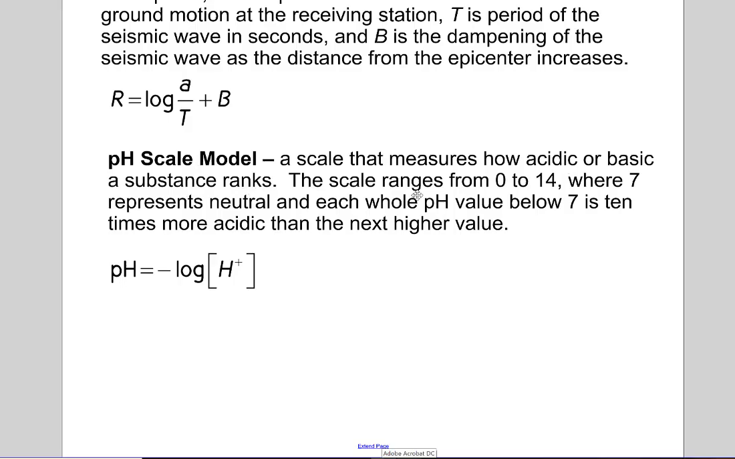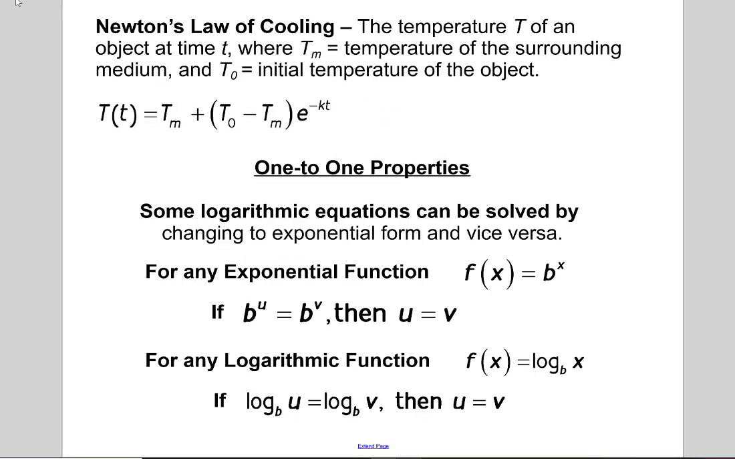substance ranks. That scale ranges from 0 to 14, where 7 represents neutral, and each whole pH value below 7 is 10 times more acidic than the next higher value. And then also Newton's law of cooling, the temperature of an object at some time t, where the temperature is the surrounding medium, and T sub 0 is the initial temperature of the object, is given by this crazy looking